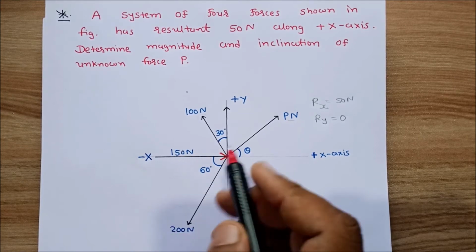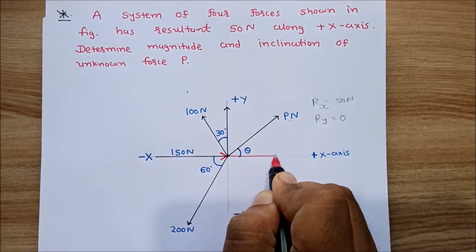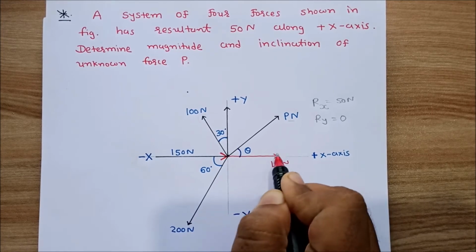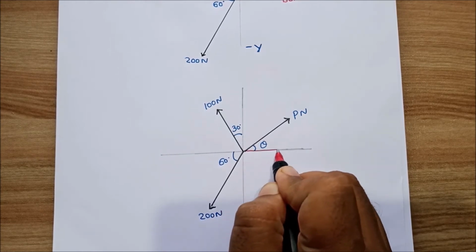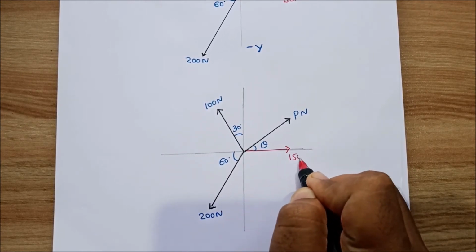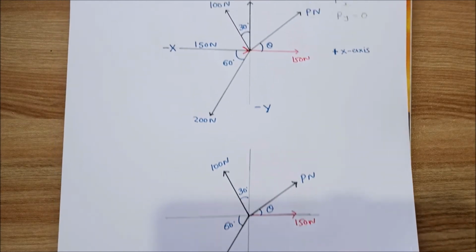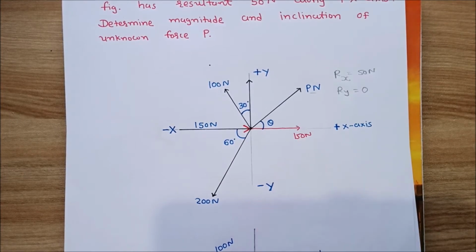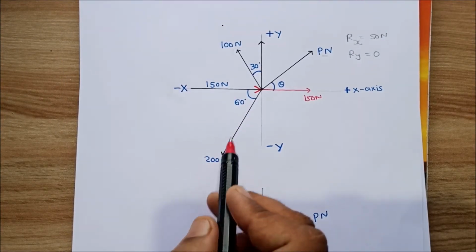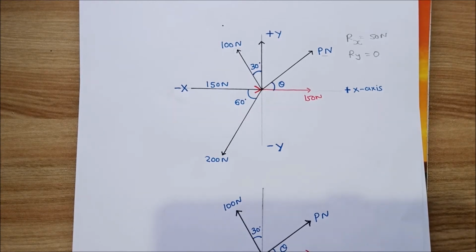So here the 150 Newton force, we extend it like this. So the 150 Newton is also in the outward direction. In our free body diagram, the 150 Newton force acts along the positive x-axis. Whenever there is an inward direction, first convert it into the outward direction, that is, tensile force. The last force is the 200 Newton force, which acts along a 60-degree angle. Whenever there is a compressive or inward direction force, extend this force along the same angle and convert it into a tensile force, or you can say in the outward direction.